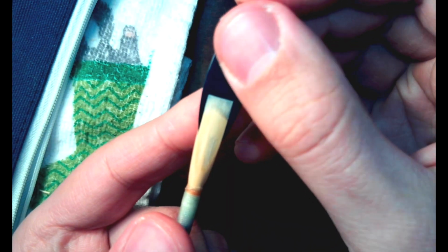So for me, it could be a little bit easier. I think the best thing to do if it's a little bit hesitant is to scrape a little bit off on the corners and the sides of the tip. So I'm going to do that now. I'm only using the tools that are in the Sandpiper Oboe Boutique kit, and that includes this beautiful blue steel plaque,